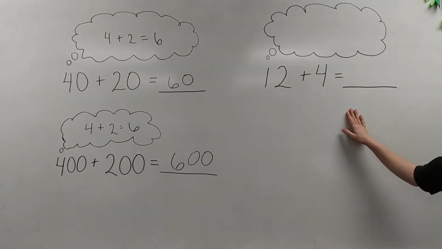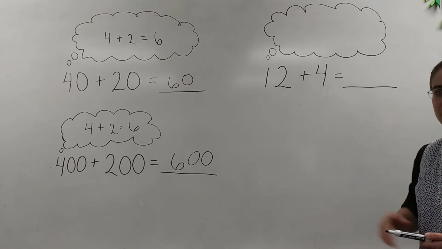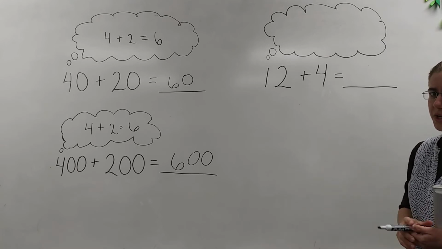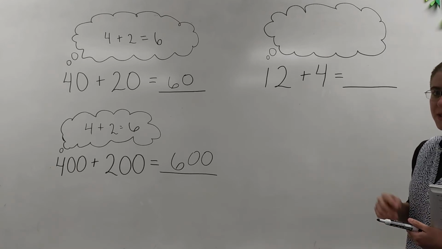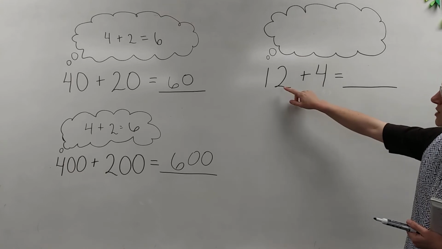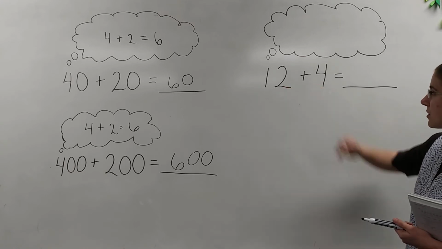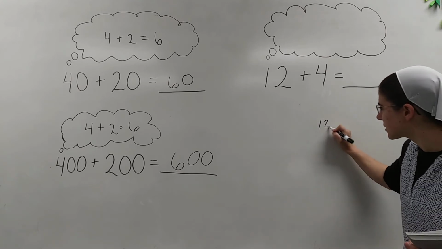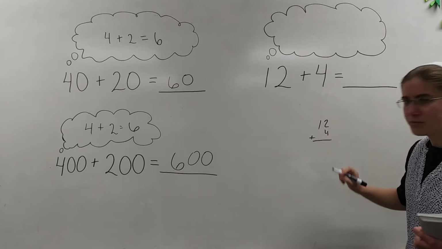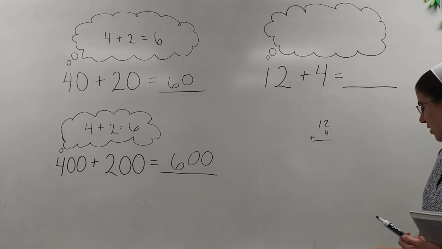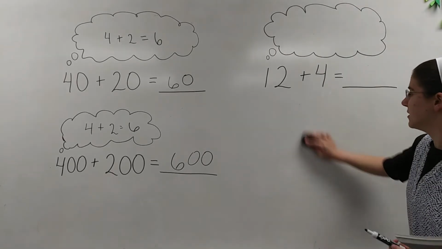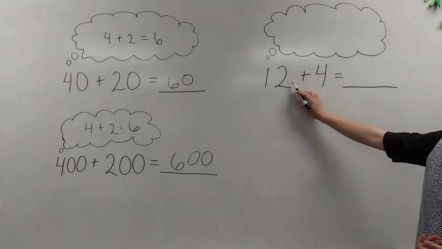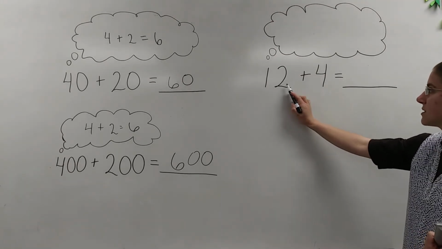Today, in lesson 9, we are going to be adding the digits that are in the ones place, and we can do this the same way. So for 12 plus 4, instead of thinking, I don't know what 12 plus 4 is, I have to figure that out and make out a problem to add it up, we can simply add the numbers that are in the ones place.